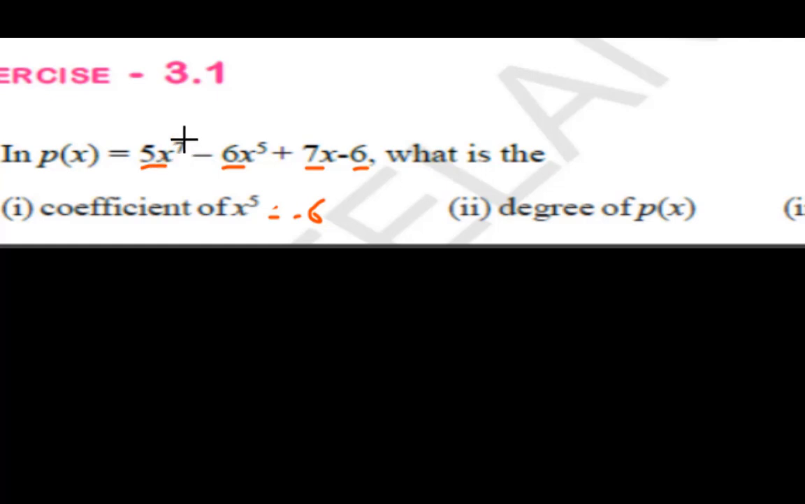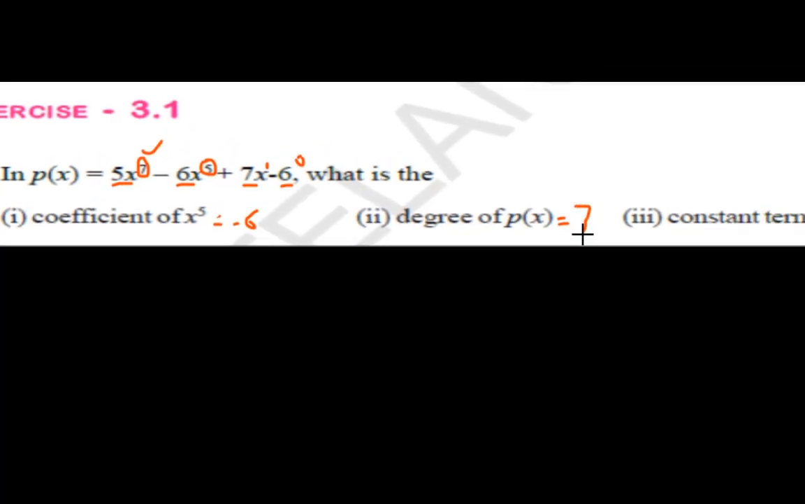So if we observe, the first term has the degree 7 and the second term has the degree 5, and the third term has degree 1, and the last term has no variable, that means it is a constant term and its degree is 0. So out of these 4 degrees, which is the maximum degree? That is 7. So therefore the degree of the given polynomial p of x is